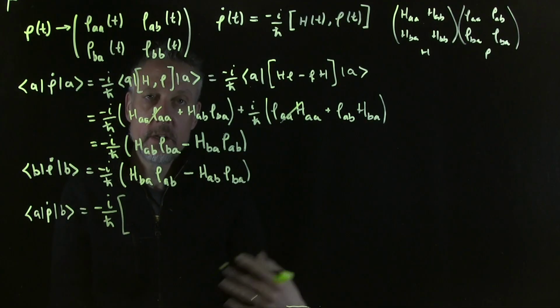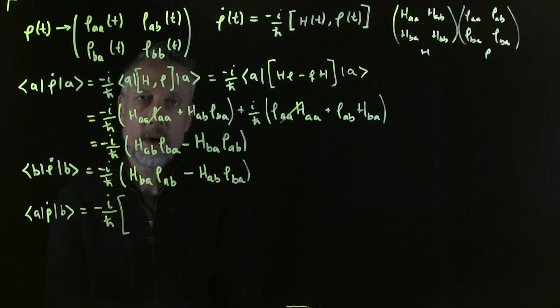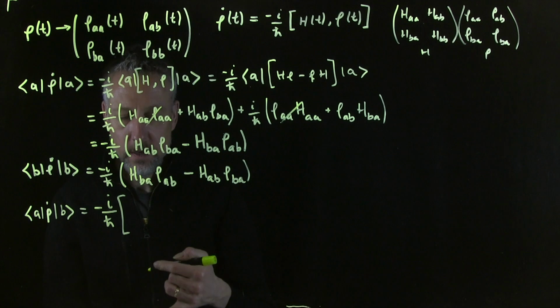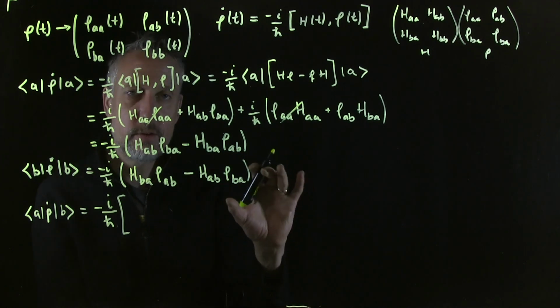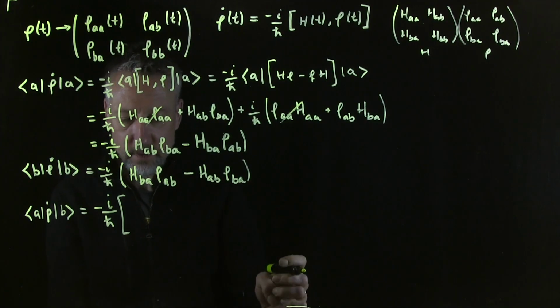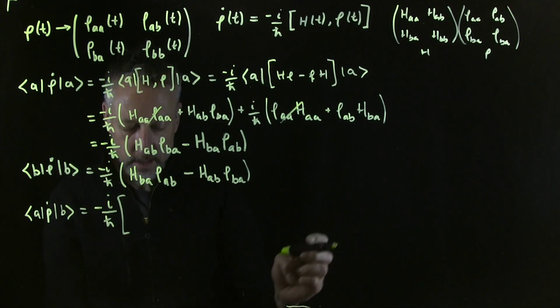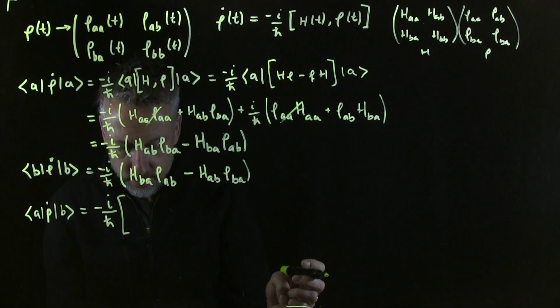What you're going to see, this is going to look like a rate kinetics model. Right? Of course, there's going to be an i in the differential equation, so there'll be some oscillatory things. But you can think of each point in this system as a kind of like a rate constant. Okay, so here we have